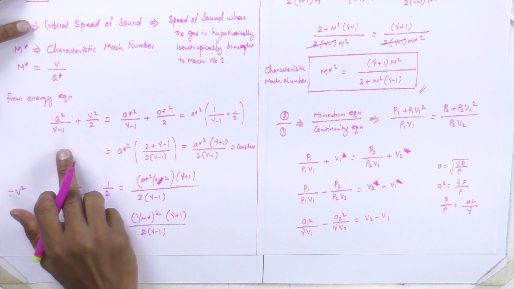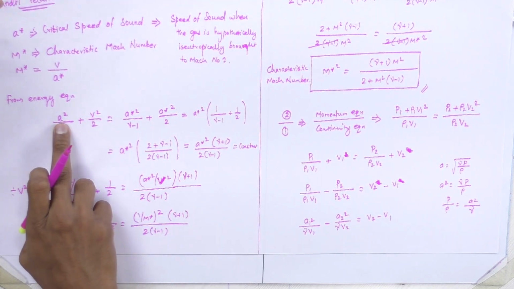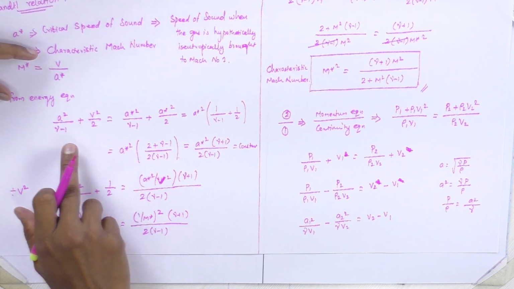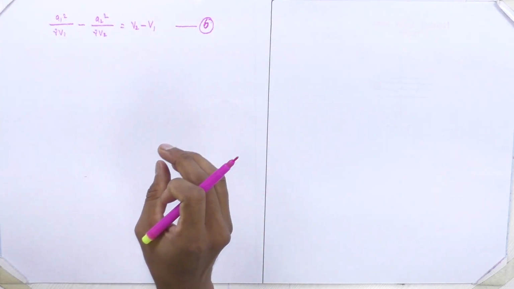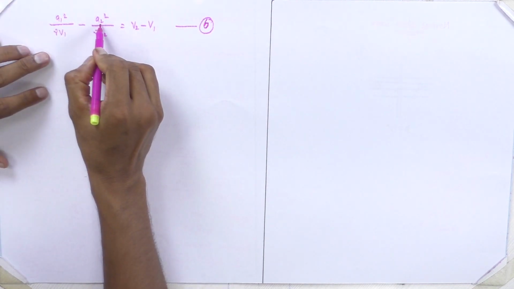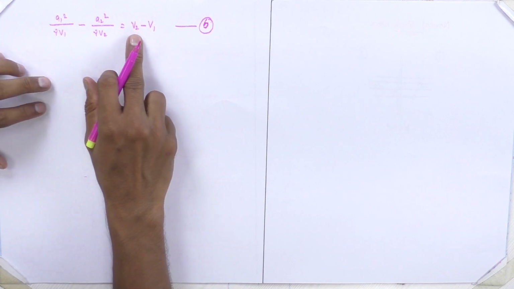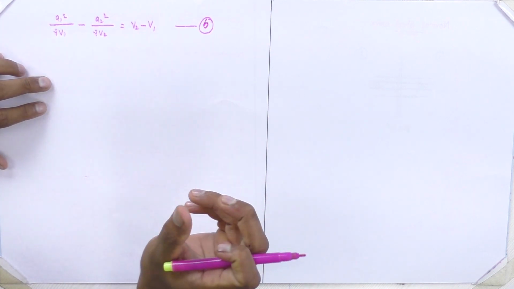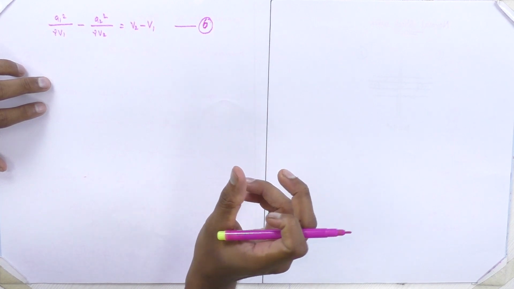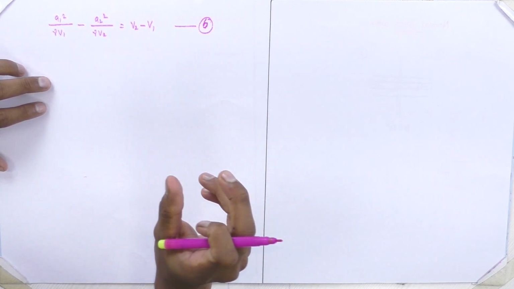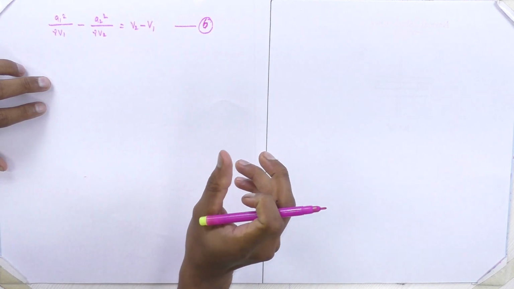So from this relation, we can represent A1 as a function of A star, similarly A2 as a function of A star. If we substitute these values after getting those A1 and A2 as a function of A star, we can relate A star as a function of V1 and V2. So automatically we have related V1 and V2, the properties of region 1 and region 2, using the hypothetical parameter A star.